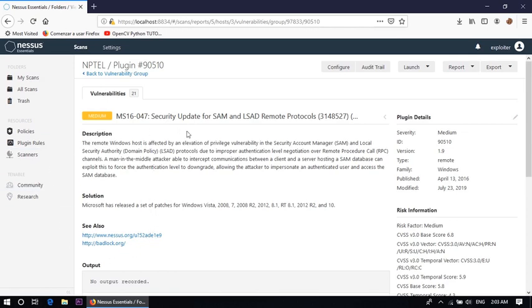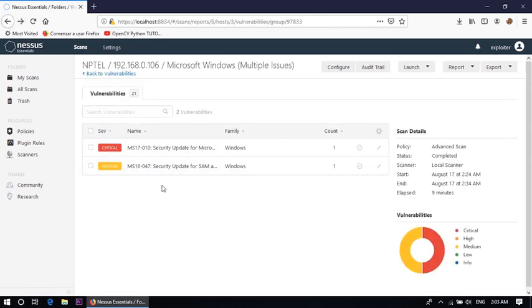So all the vulnerabilities and the possible solutions are listed here. This way we can find all the vulnerabilities using the tool Nessus, and further we use these vulnerabilities to penetrate inside the victim machine.